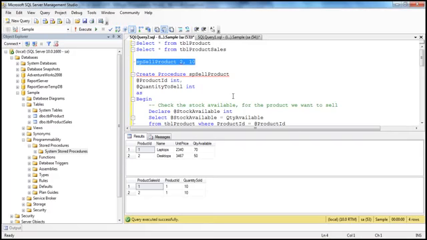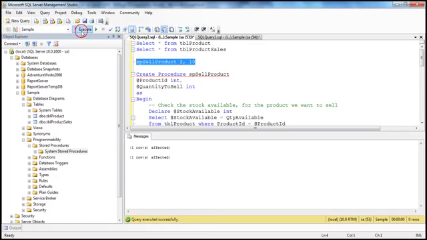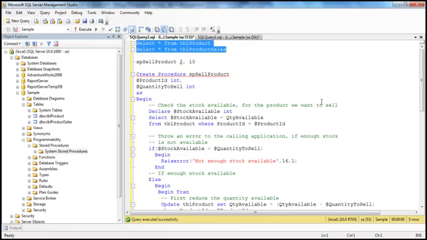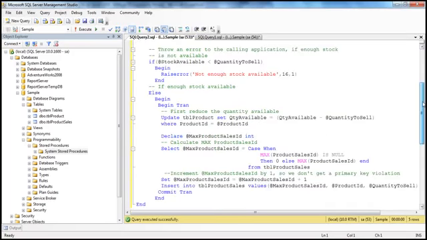So let's execute this stored procedure and see what's going to happen. 1 row affected. Now let us see. As expected, desktops quantity available is 40, and there is a row inserted into TBL product sales. Now let's try to manually insert an error into this stored procedure, and the way we can do it is